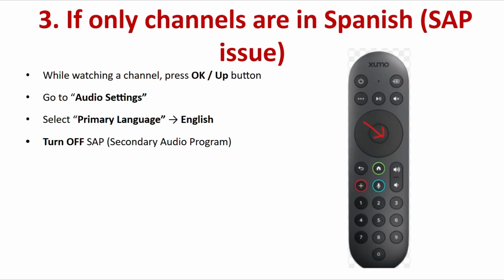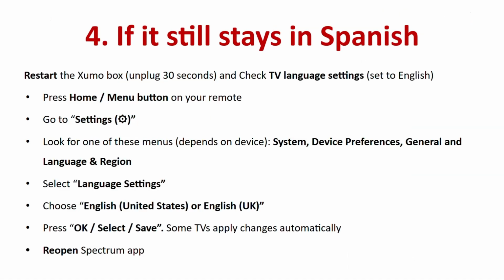While watching a channel, press the OK/Up button. From there, go to Audio Settings and select Primary Language. Then tap on English. Now turn off Secondary Audio Programming. If it still stays in Spanish, restart the Zumo box, unplug for 30 seconds, and check TV language settings fixed